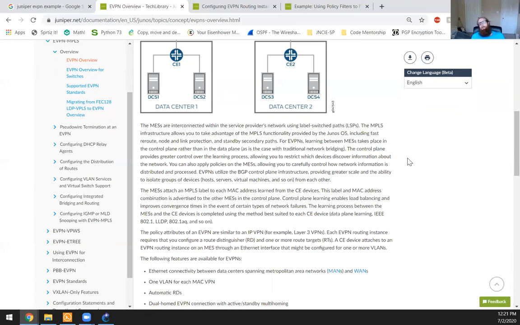For EVPNs, learning between MESs takes place in the control plane rather than in the data plane, as is the case with traditional network bridging. The control plane provides greater control over the learning process, allowing you to restrict which devices discover information about the network. You can also apply policies on the MESs, allowing you to carefully control how network information is distributed and processed. EVPNs utilize the BGP control plane infrastructure,